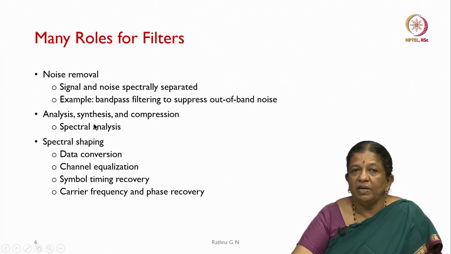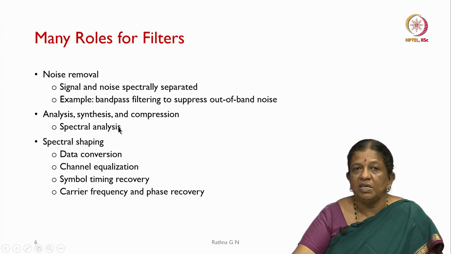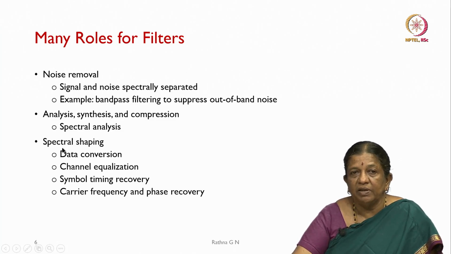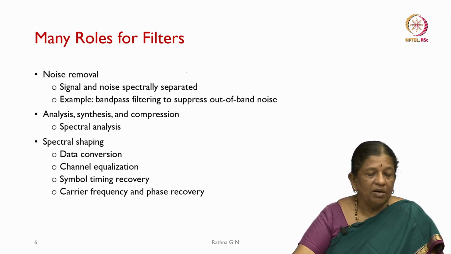In the case of analysis, synthesis and compression, we use spectral analysis to see how much of the data we need and which parts we can compress in the frequency domain. Another method is spectral shaping. For data conversion we use filters, and for channel equalization in communication